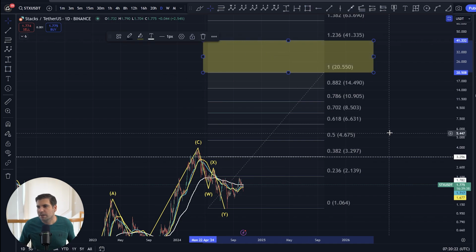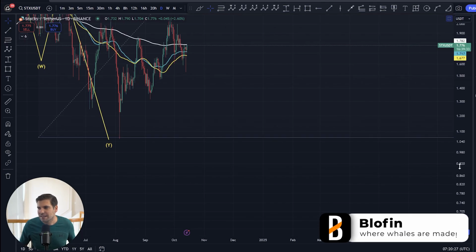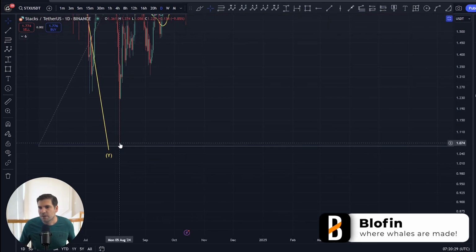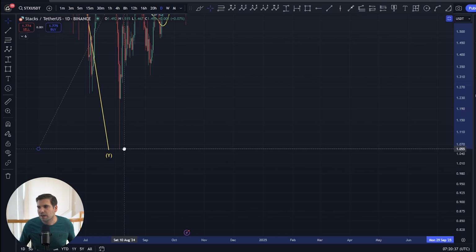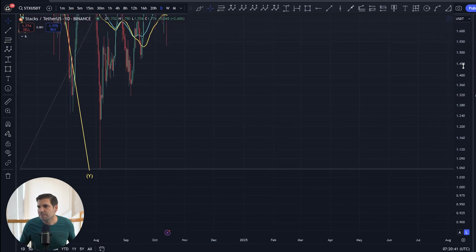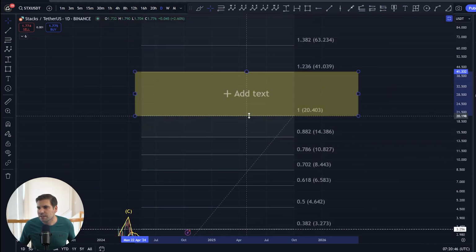And I'm going to go ahead and just sense check where we are on the low side, because we want to make sure this is as accurate as possible for today's video. So we had a low on the 5th of August. That low was $1.056. Okay, so I'm going to go ahead and pull down the Fibonacci chart to $1.056, and then we're going to move and scale our little yellow box here to predict out the correct levels, which will be